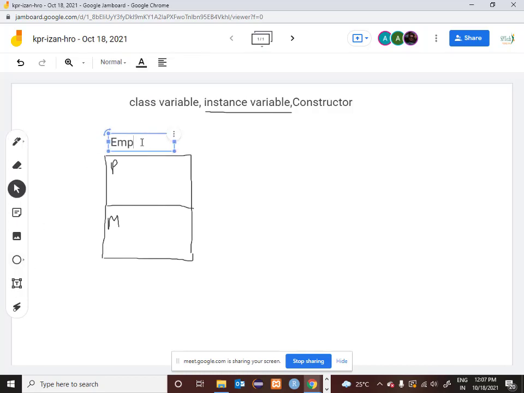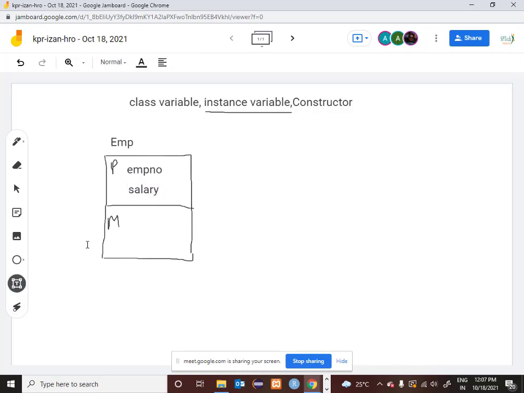We will take an example of a class called Employee. Considering that there are two properties for an Employee class, the first property is EMP number, and the second property is, say, salary. These are the two properties of my Employee class. Now there will be two methods also.